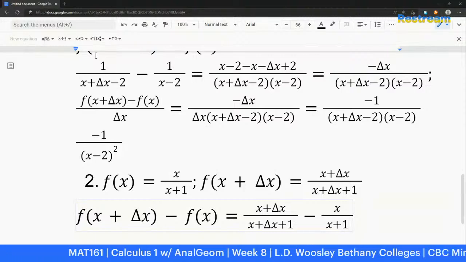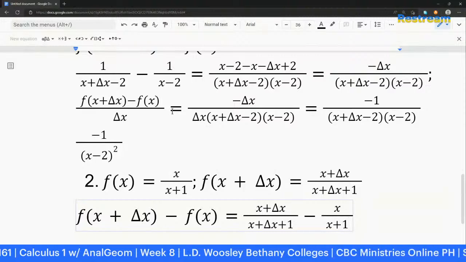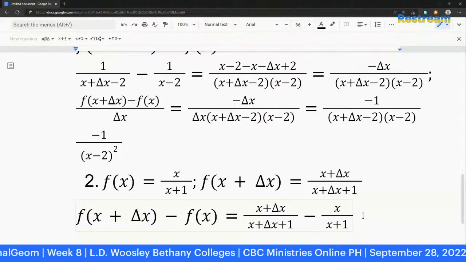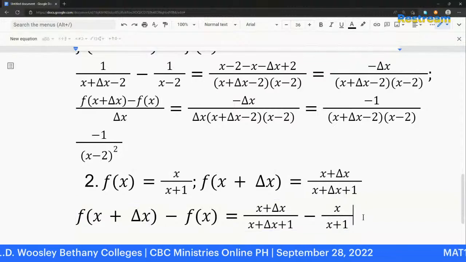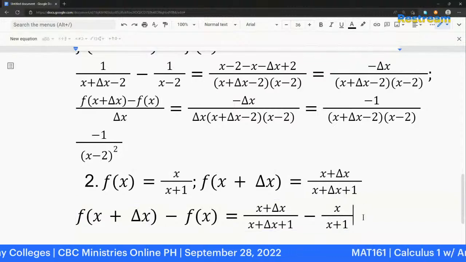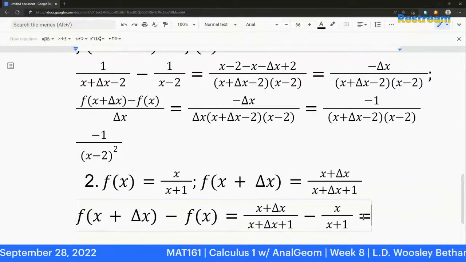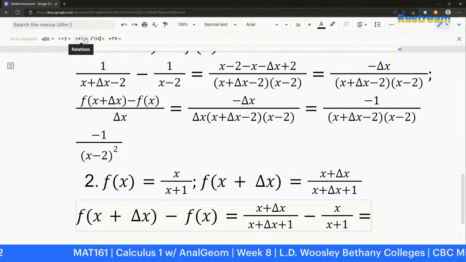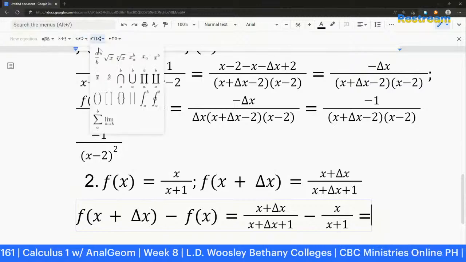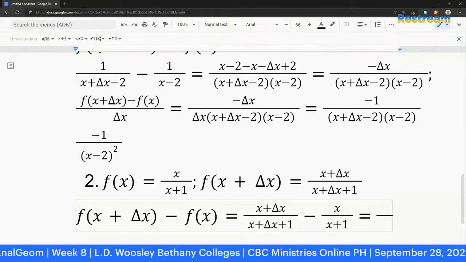Okay, so combining x plus 1. Oh yes, combining them, no? So combine natin sila. Obviously your denominator would be the combination of the two. All right, so